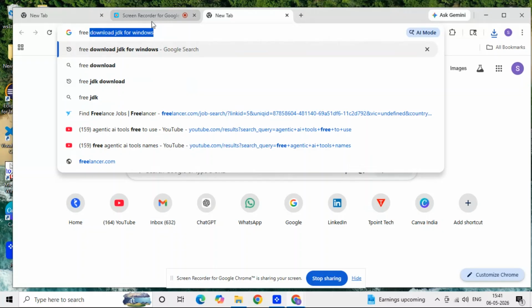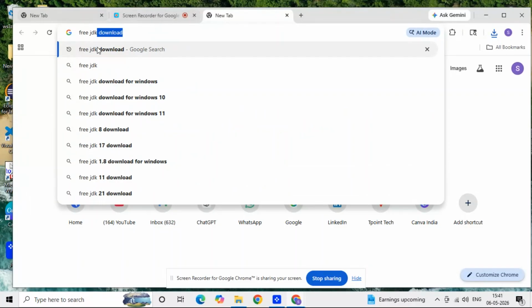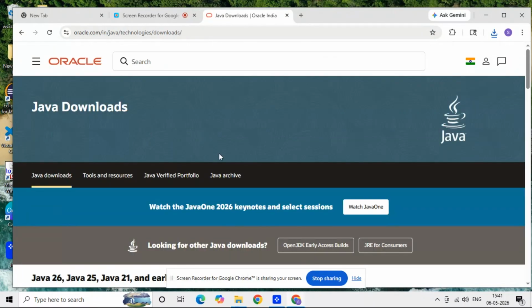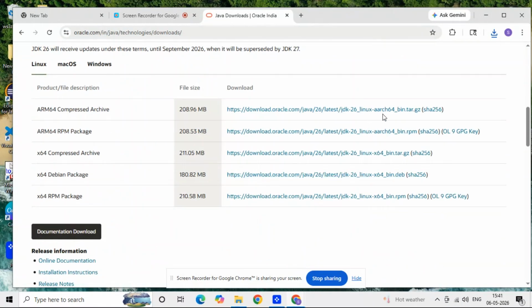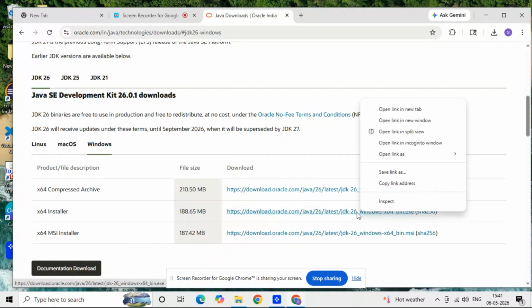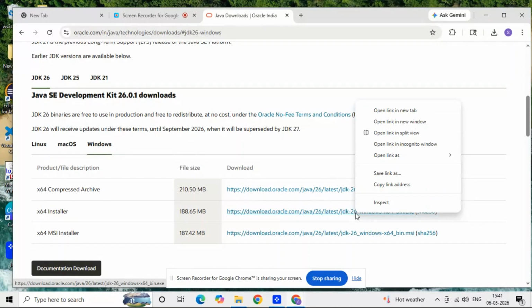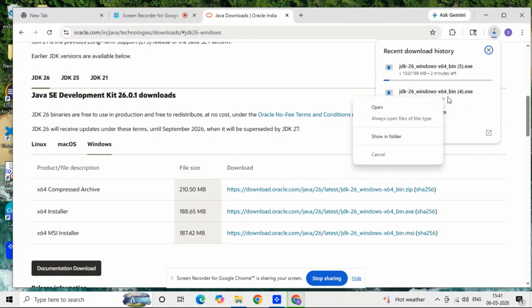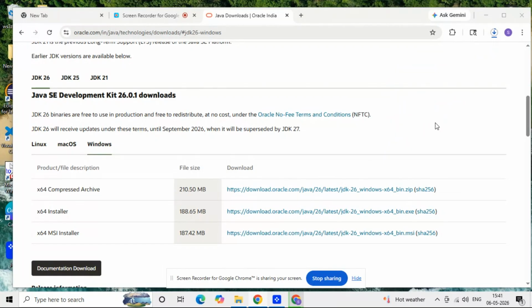On Google, write download JDK free and select the official website. Now I am downloading the latest version by clicking on Windows and the exe file. While our download is in progress, click on the previous link of the JDK file. It is the same version I have downloaded from the net,